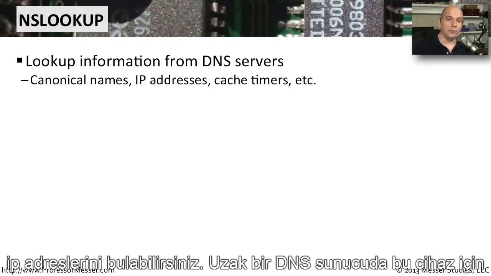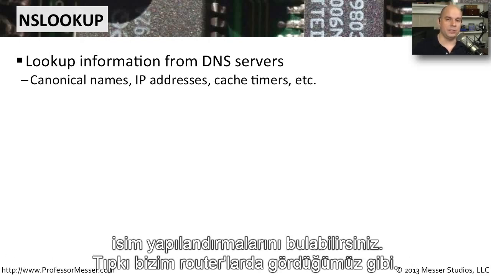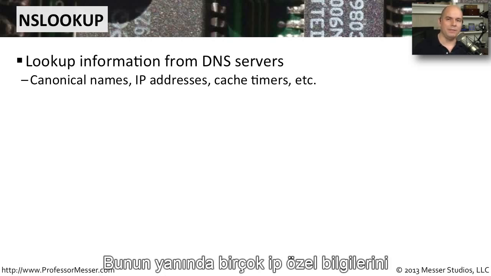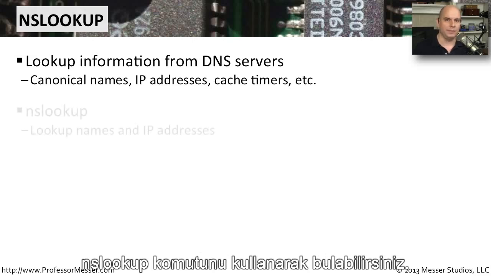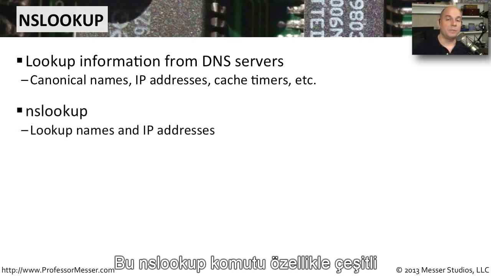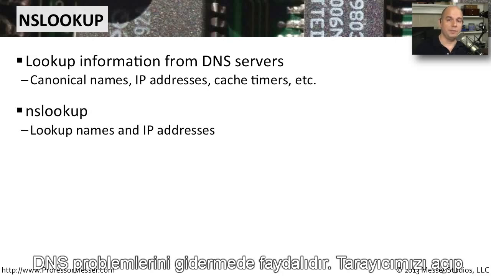This will talk out to your default DNS server, and you can perform DNS queries yourself. You can find out IP addresses of devices. You can find out what name has been configured in a remote DNS server for that device, like we were seeing with those routers, and you can find out a lot of other DNS-specific information by using the Nslookup command. This Nslookup command is especially useful for troubleshooting these types of DNS problems. If you go to a browser and you type